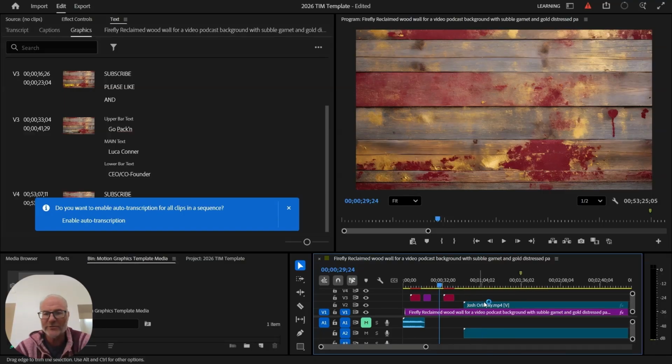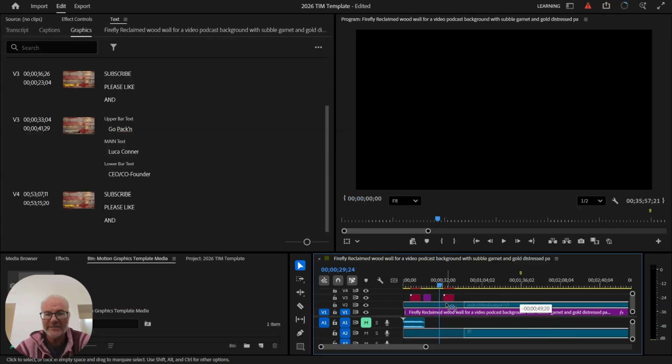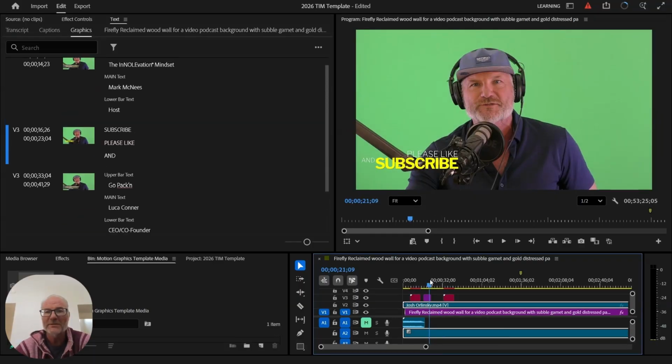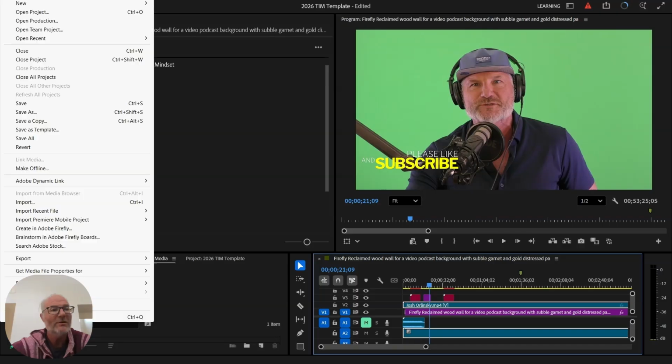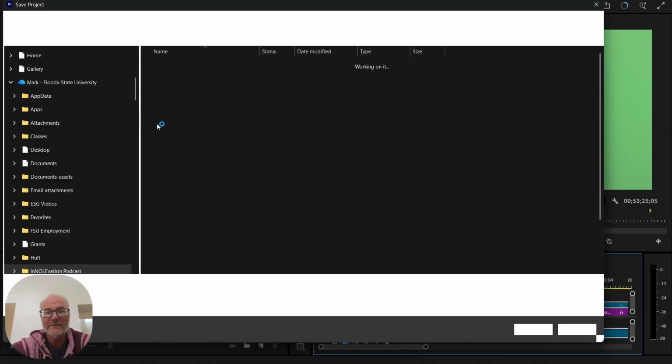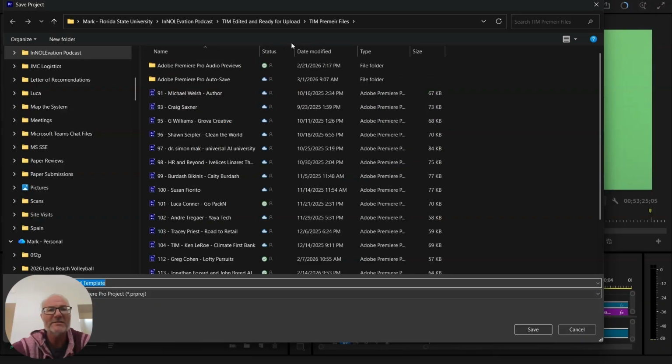We see that the download is complete and the file is there. You want to select the file that you just dropped in, and you want to slide it all the way over. So you'll see that it has a green screen, and I'm going to go through how to do this. But the first thing is we want to save as, because we don't want to mess up our template. So we're going to save as, and going to go into the TIM